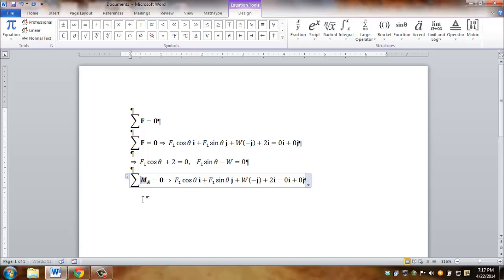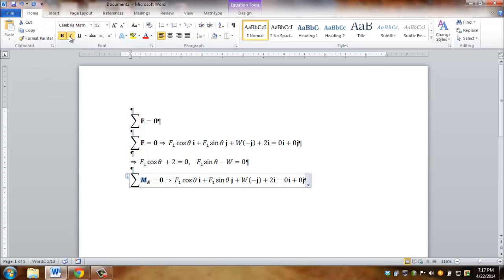So there it is. Now M and A both, M has to be unitalicized, it's a vector, and A doesn't need bold either. So there we have it, I think. So now it is unbolded. We'll start from scratch, I guess, and we'll go back and say sigma M equals 0,